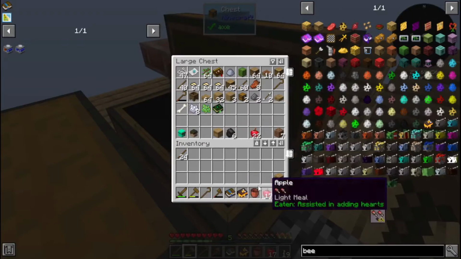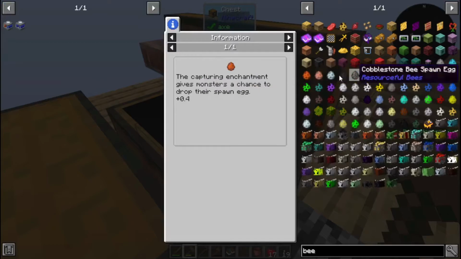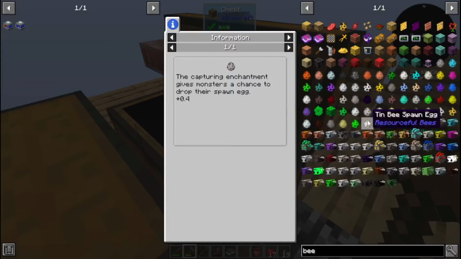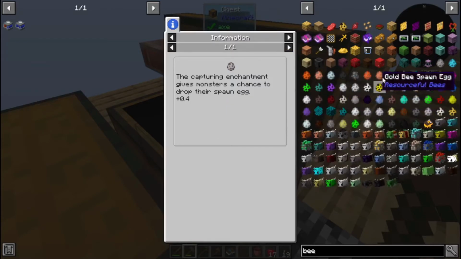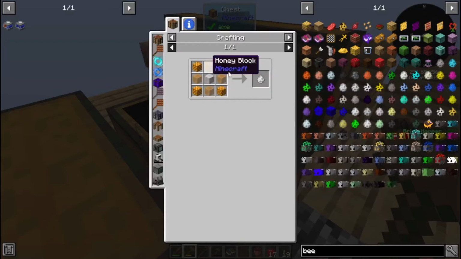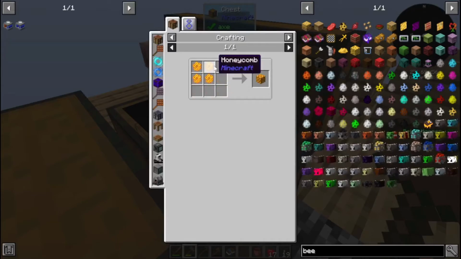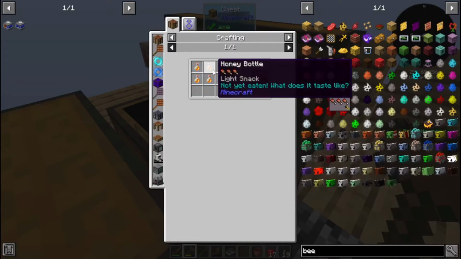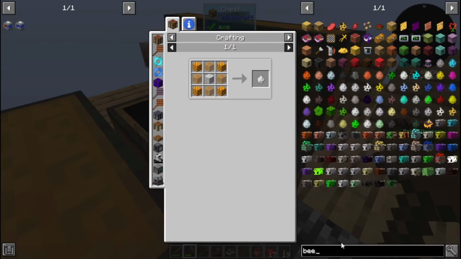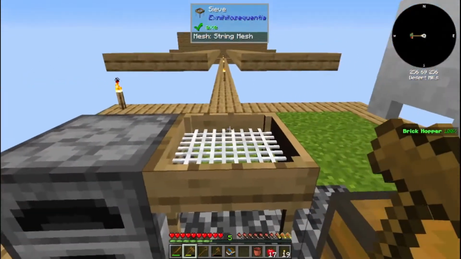Okay, so bees are complicated. We'll get to those eventually. But some of the spawn eggs are going to be actually craftable. Now, which ones? I'm not entirely sure. It said like the marble. But they're going to require honeycomb blocks, which are for honeycombs, and honey blocks, which is for honey bottles. So we're going to need to do a lot of work with bees to get started with anything. But it sounds like things will be a little bit easier since we'll be able to get...